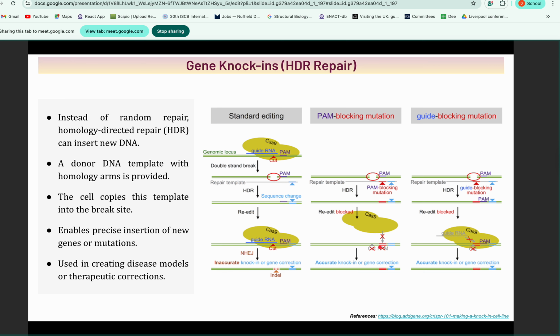So now re-editing is blocked. So re-editing can't take place, which will take place here. So in this case, there will be accurate knock-in and gene correction. Now in this case,